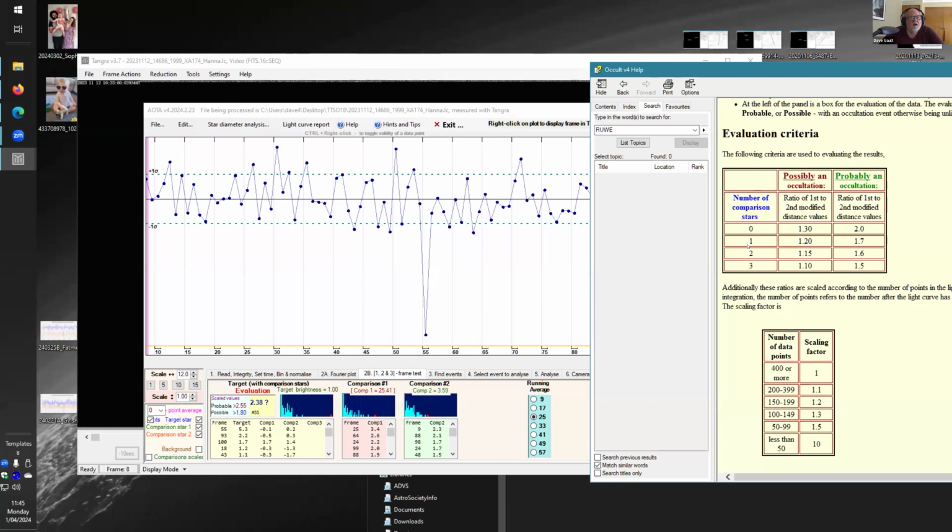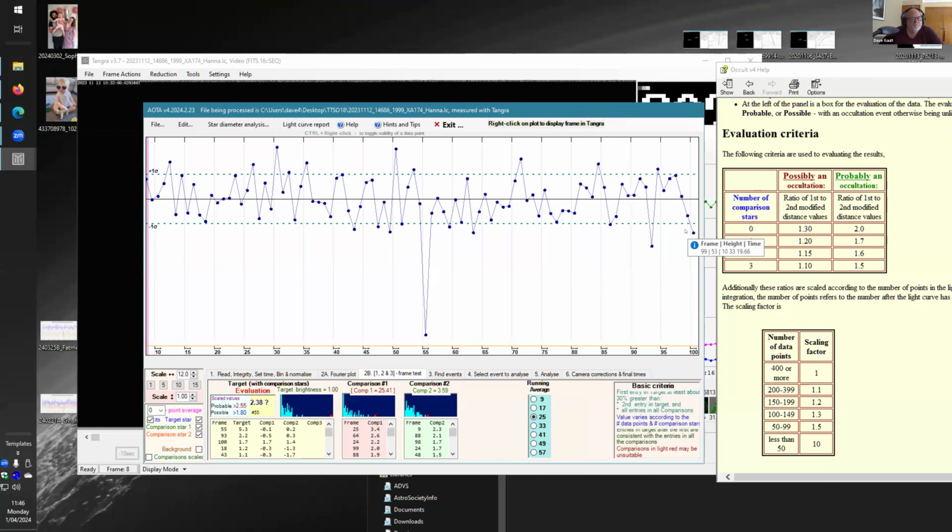So this is an event with one comparison star, and these are the target values for the possible and probable,